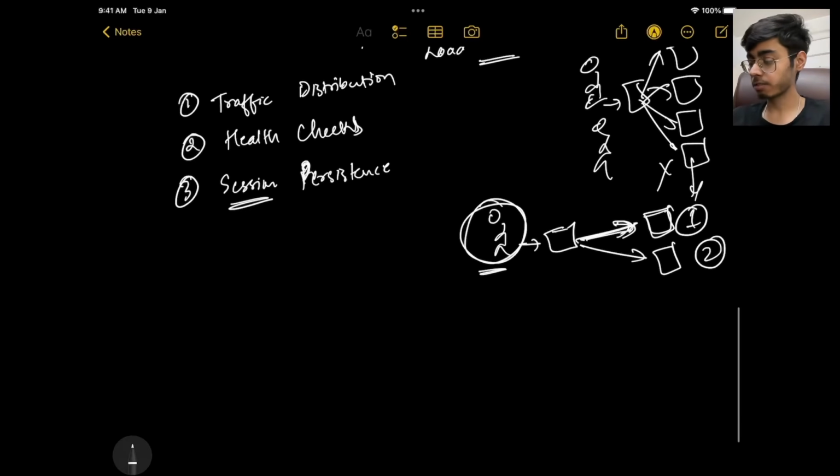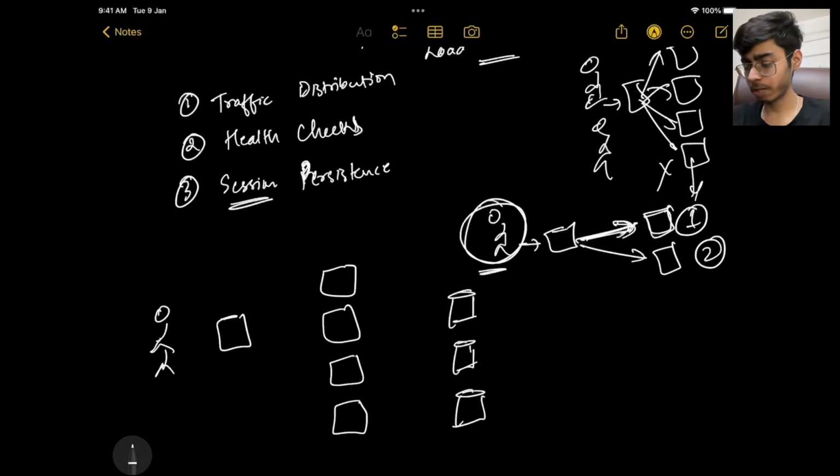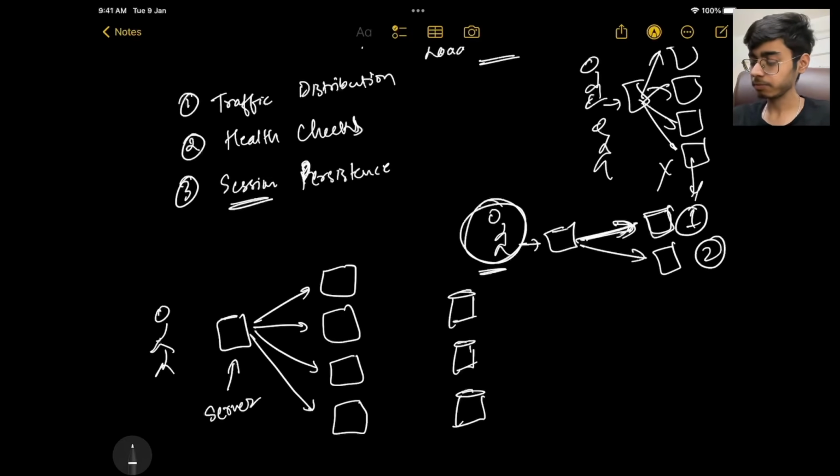Yes, I did say in this video itself that REST servers are stateless and they do not store any state. But what happens when you have multiple servers in your system? They might be connected to some databases. You might have multiple databases. So when your client makes a request, and we do have a load balancer, in very simple terms, a load balancer is nothing but a normal server. It is just a typical server. The task of this server is just to redirect the traffic.